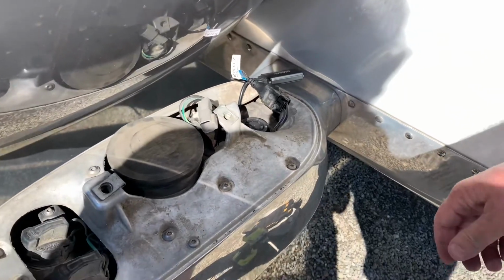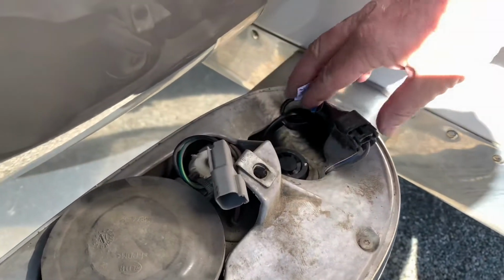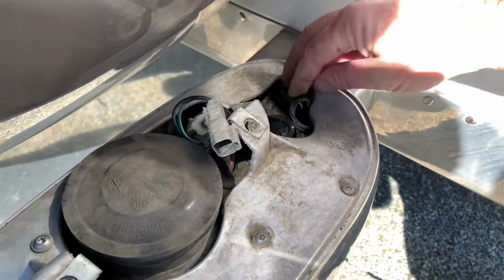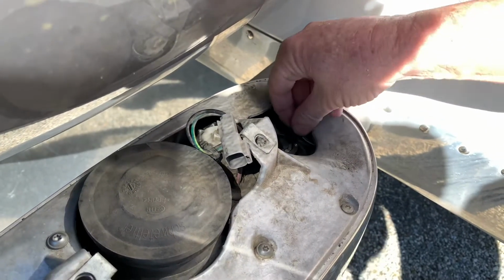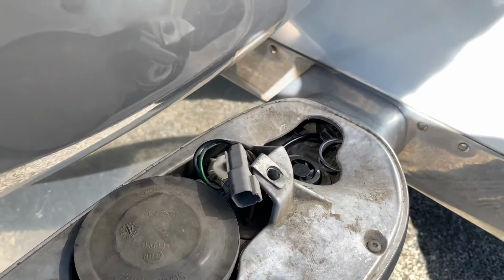So I'm going to go ahead and close her up. Basically, you just try to put things where it can be out of the way so that when you put your cover back on, it's not going to bind any of the wires or anything like that. Try to keep it away from the fan, the wires, as much as you can. And yeah, basically you take the cover, put it back on,